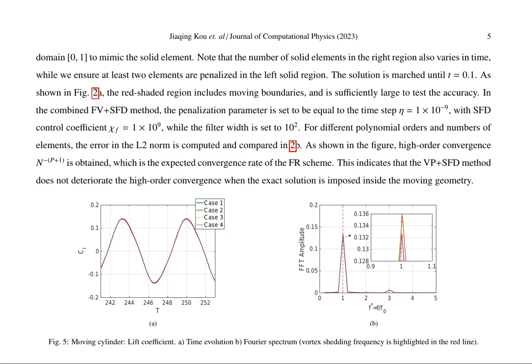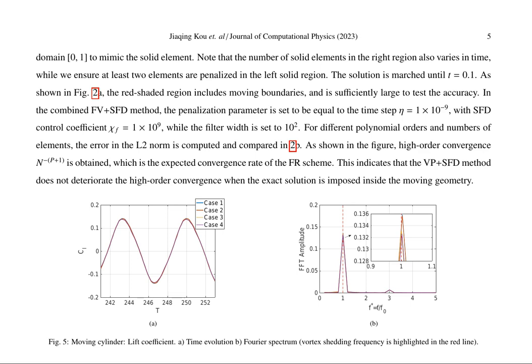The authors validate the combined volume penalization (VP) and shifted flux distribution (SFD) method for simulating moving boundaries in fluid structure interaction problems through two numerical test cases. In the first case, a moving solid element is placed in a rectangular domain, with the penalization parameter set to the time step and the SFD control coefficient set to a large value. The L2 norm error is computed for different polynomial orders and numbers of elements, demonstrating high-order convergence of the VP